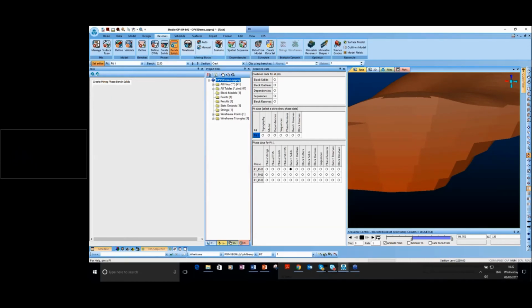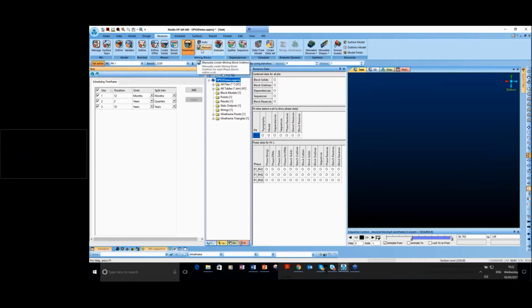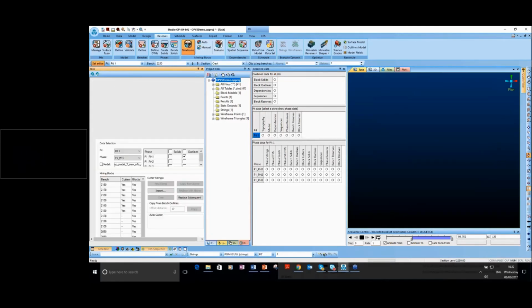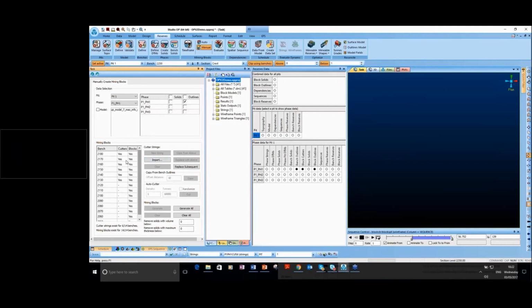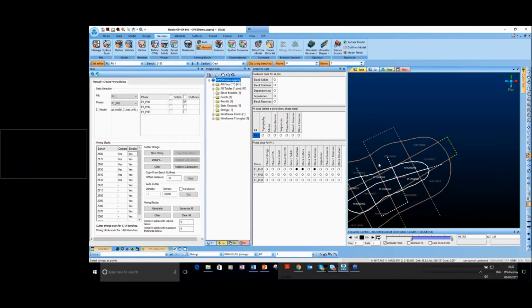The next step is creating the mining blocks. We have two different ways of doing that. One way is manual and the other way is automatic. When you go to manual, basically you can either import a string which is showing your grid lines, or if you want, you can digitize new cutters. For instance, in this case, if you see, I have created or digitized one string which is showing the cutting string,